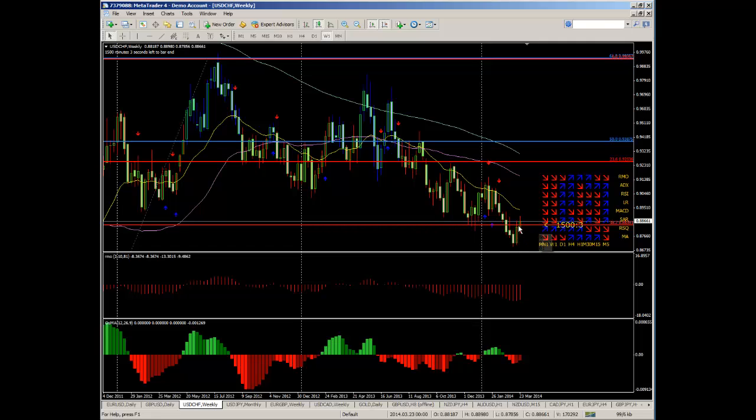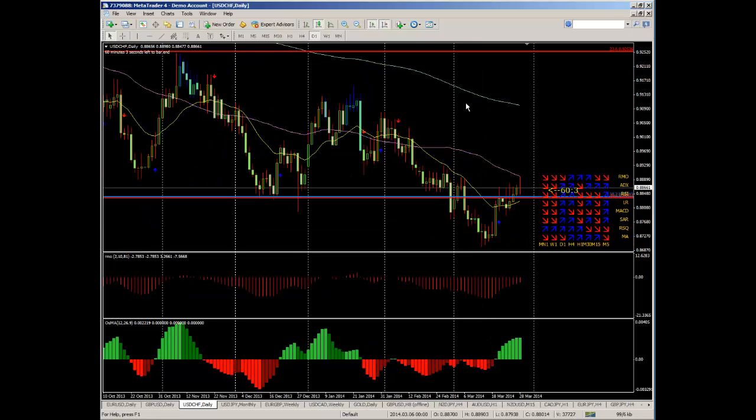So now you can see that price, even though the candlestick is still very negative on the weekly chart, is trading back up above the 38.2 level, which is also that monthly fib level. So if I go down to my daily time frame now, you'll notice that the candlesticks on my daily